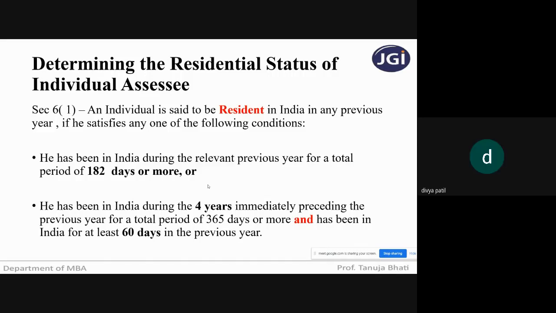Yes, ma'am. Okay. Now, when I say the stay in India, what am I saying? He should be in India for a period of 182 days or more. So what is the stay in India? He should be in India, right? What is the meaning of stay in India? Stay in India means in India. Now, what is India? I've already defined it yesterday. India means territorial waters, which is nothing but 12 nautical miles from the sea, the Indian coastal line. From there, 12 nautical miles is your territorial waters. Correct? I have defined India yesterday. That is the reason why I defined India yesterday. So when I say in India,